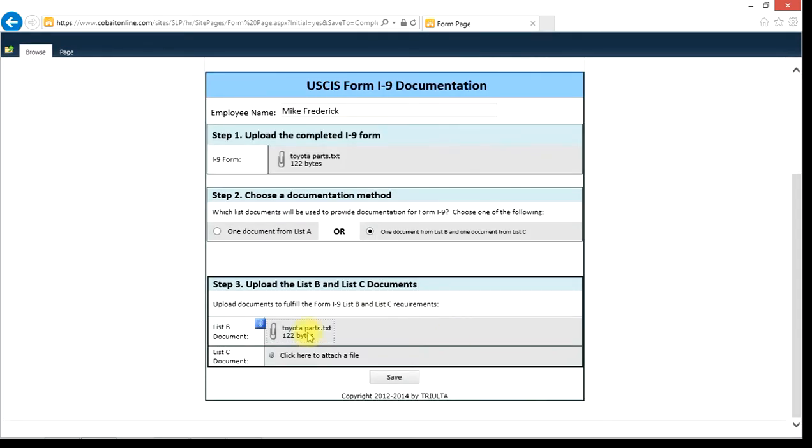And the document's attached. In the case of this option, you will not be able to save. You notice the save is grayed out. You will not be able to save this form until this document, a List B document, and a List C document have been attached. In the case of a List A document,